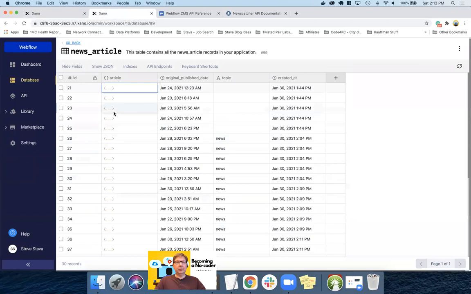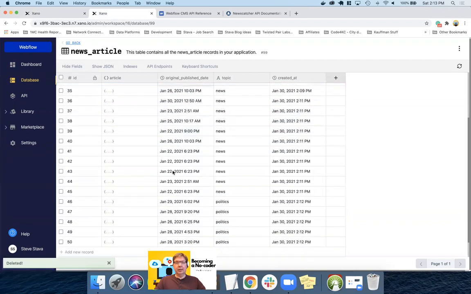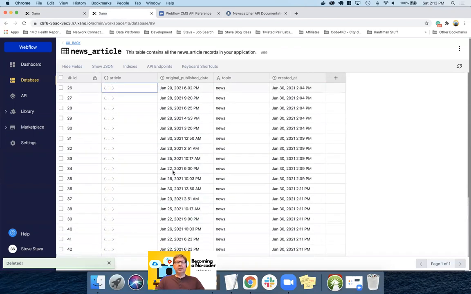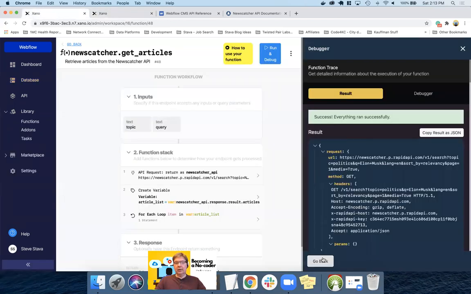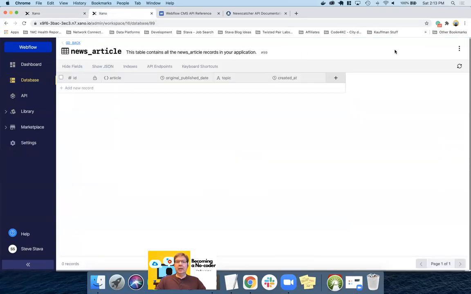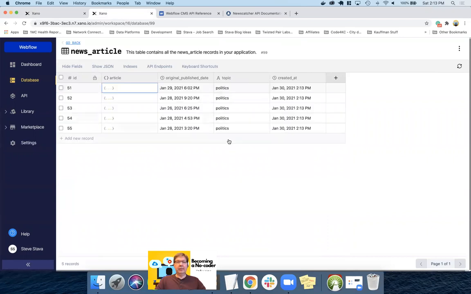so that I know what it is I searched on for that, which means I'm going to get rid of these because once again, they're bad data and we don't need them anymore. And so now you've got the ability to do searches. Actually, let's just delete everything because that's a whole bunch of stuff to publish all at once. Now I can go back and run this and come refresh and see that I have 5 politics articles,